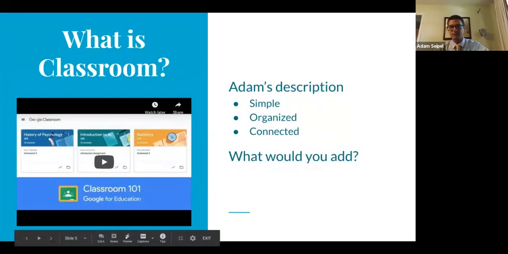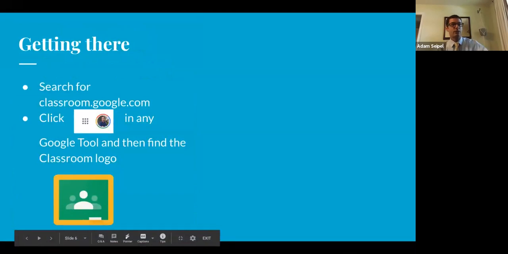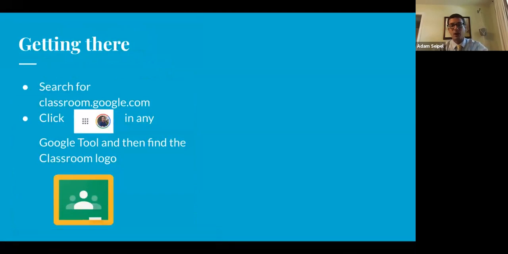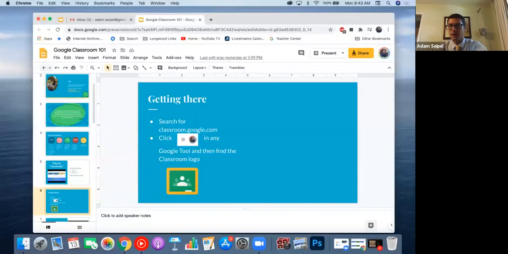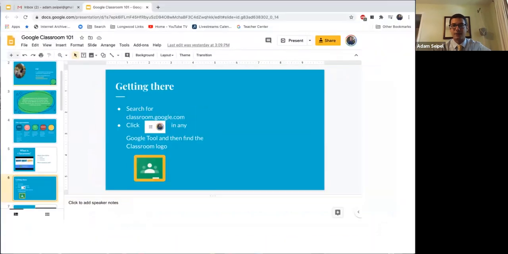Cool. All right, so to get to Google Classroom, if you've never been before, there are a couple different ways that we can get there. The first one is to just put classroom.google.com into the URL or the Omnibox if you're using Chrome, and it'll take you right there. Or if you're in any Google tool, so if you're in Google Drive or Gmail or just on the Google homepage, you can click what I call the waffle menu, and it will take you directly to